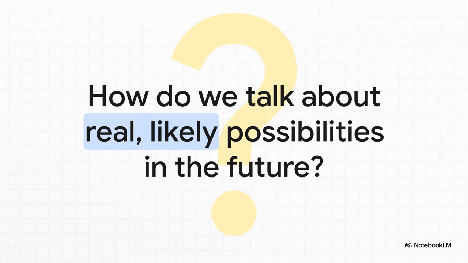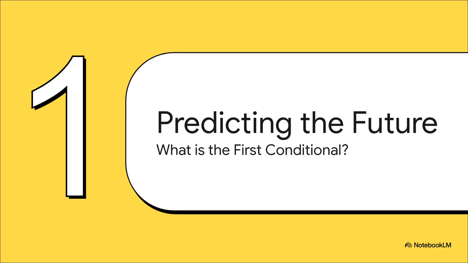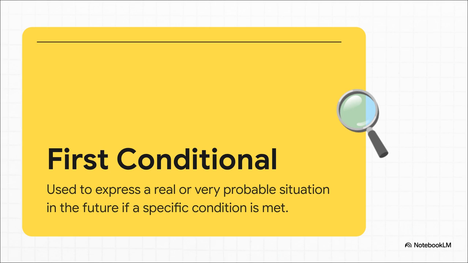Okay, so let's start with a classic situation. You want to talk about something that's probably going to happen. But, and this is the key part, it depends on something else happening first. So how do you actually say that, clearly and correctly? Well, the answer, my friend, is a fantastic little piece of grammar called the first conditional. Seriously, this is our secret weapon for talking about real, likely situations and what's probably going to happen because of them.